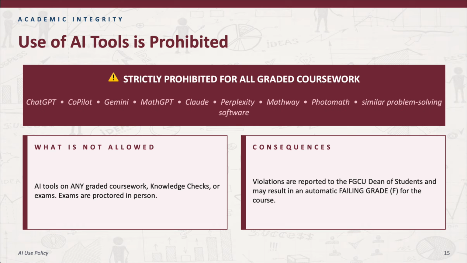I'll be your best resource to help you. For some reason, if your schedule doesn't work with that, then we have our IA, Ms. Alessandra. Try to get her help. We also have tutoring, the CAA, Center for Academic Achievement. Feel free to use those resources. You have a ton of resources. Feel free to use them. But using AI for graded homework, graded quizzes, graded coursework is not going to be good. And if you are found using those, then we will follow the university process for that.